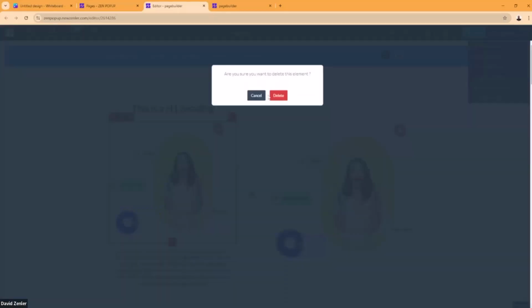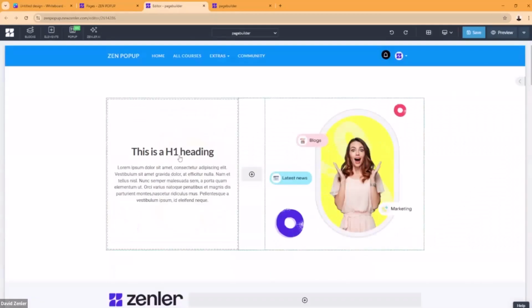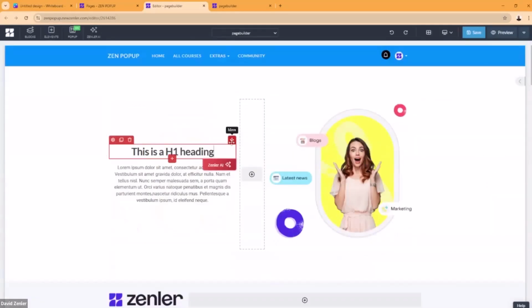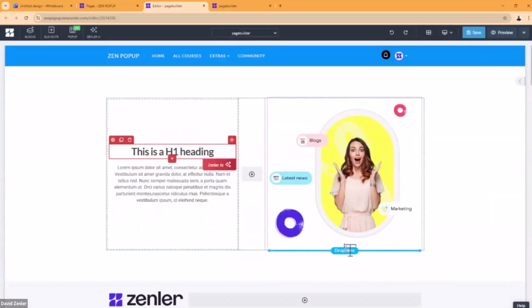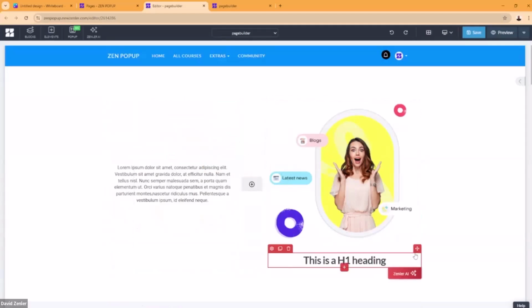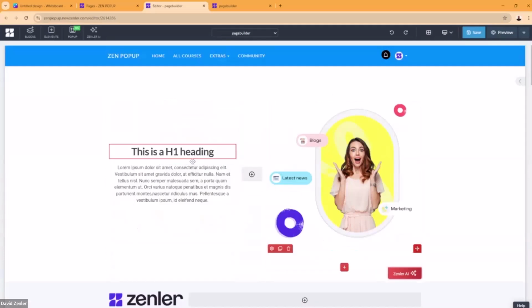So we've looked at that. I've already mentioned drag and drop. Inside here, you've got this drag and drop. You can drag it down, so you see where it goes, drop here, let go, and it goes into that area. Yeah, so that's your drag and drop, that's your delete, and that's your clone.